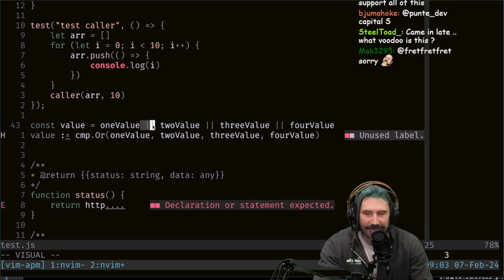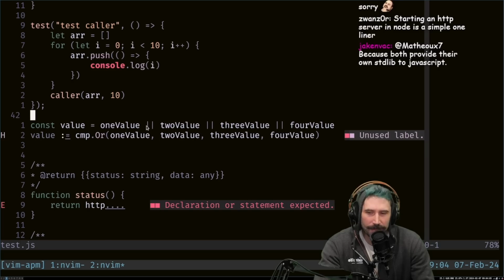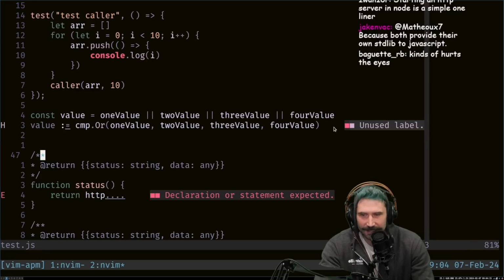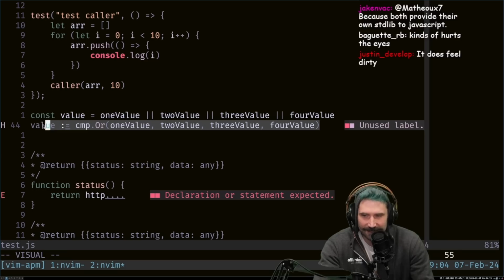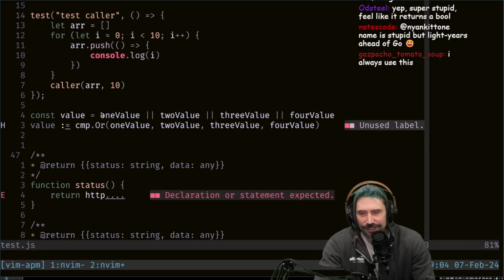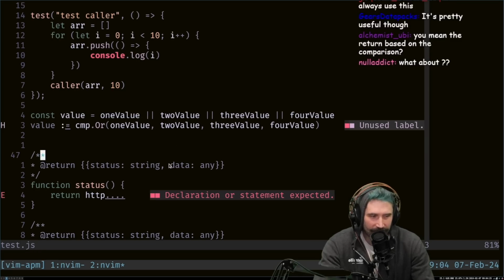I never really liked Boolean operators to assign value. You know what I mean? I've never really liked that. It's always rubbed me the wrong way for a long time. And so personally, I'd rather do this. You know what I mean? I'd rather use something like this because it just feels better. I don't think it's just a weird concept, right? It's just a weird concept.